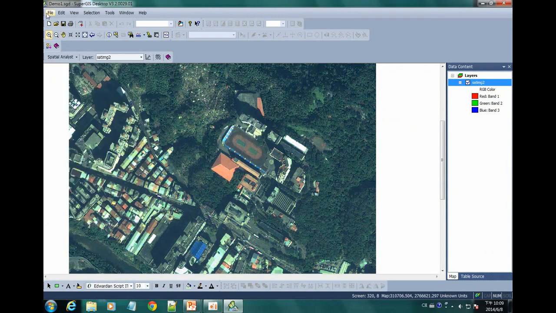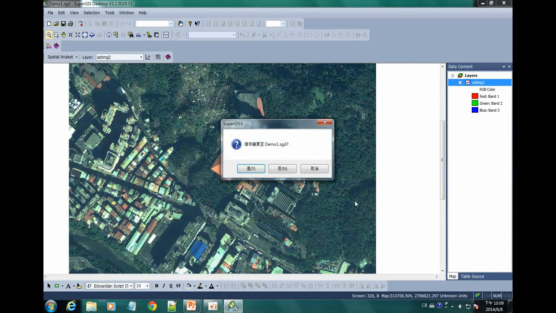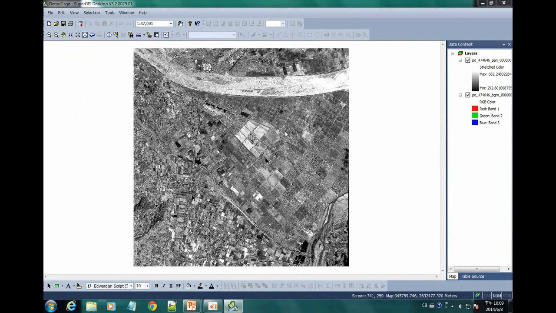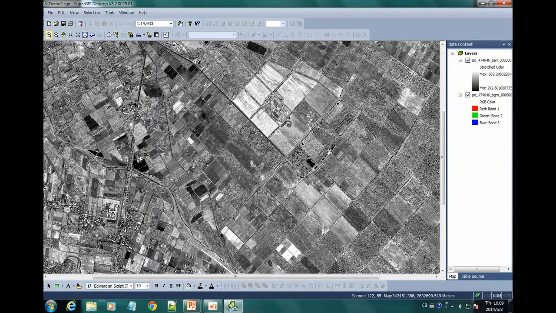I'm going to close this one and open up a new one. I'm going to open the demo tool here. I'm not going to save the first one here. Okay, now you can see that within this project I have already put two different images. This one is the panchromatic image dataset. These two images are actually from the same source, and there is a little difference between the RGB bands and the near infrared. So now you can see this is actually a black and white panchromatic dataset,